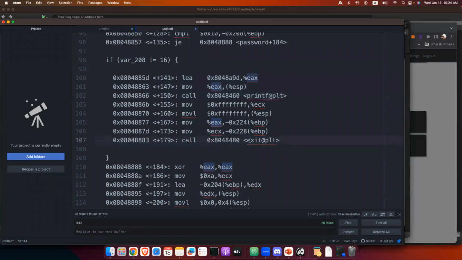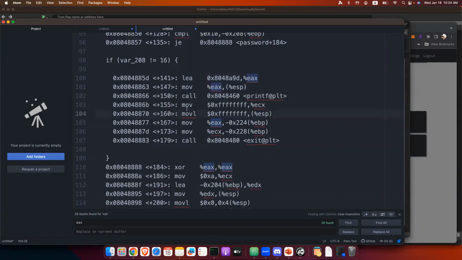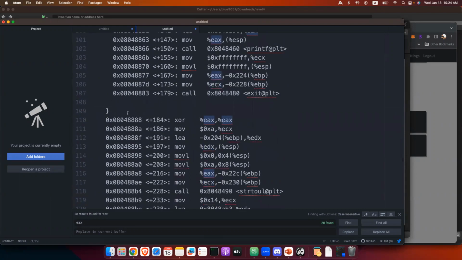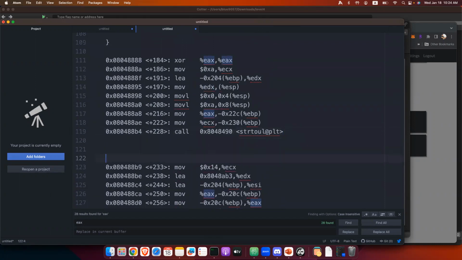Then you can be sure that this is not the right answer, because our goal is to execute the get a shell function, right? But let's check what kind of message it prints out. Yes, it says long string length. So what it does is require that our input length must be 16. Yeah, that's the thing. And then the next function call is